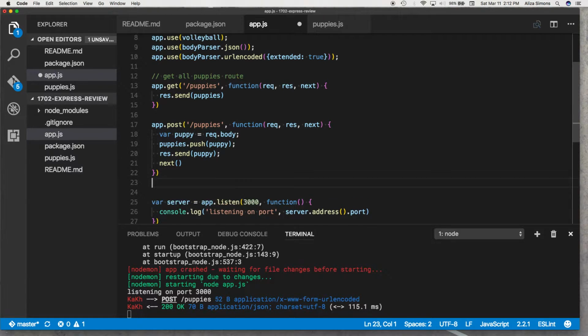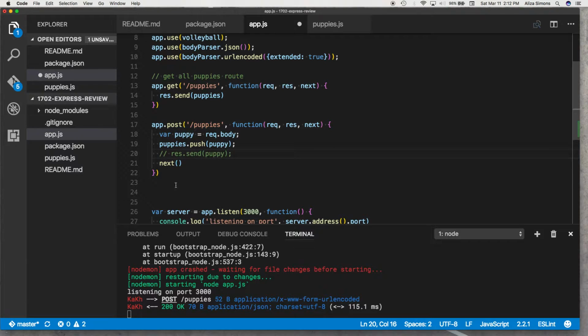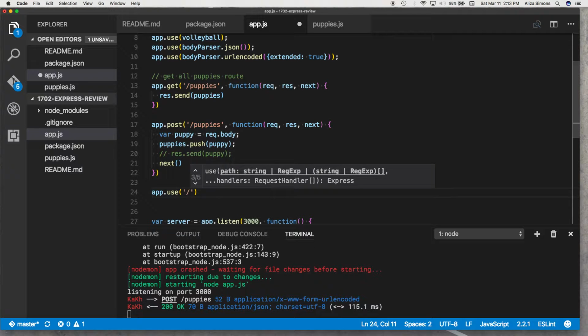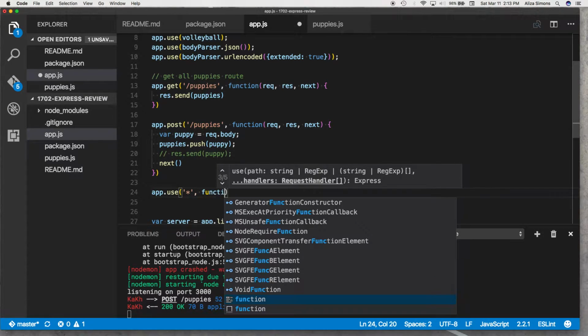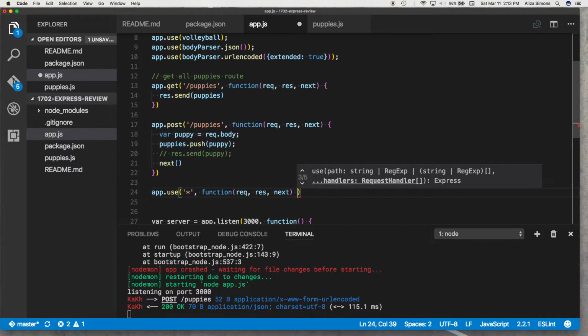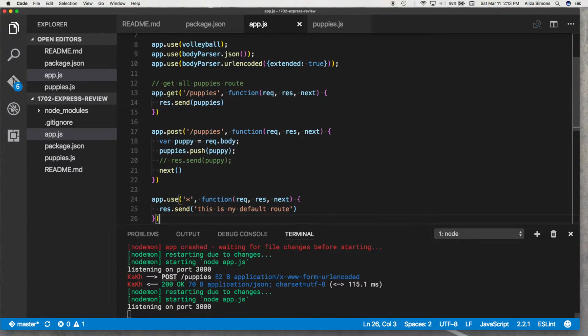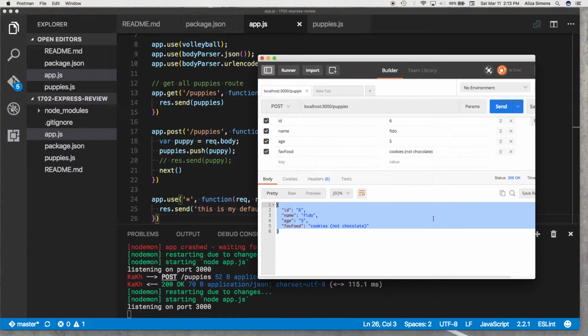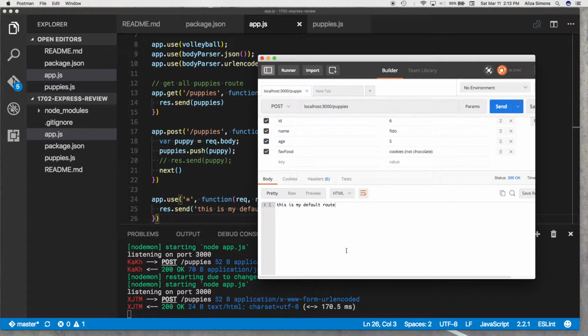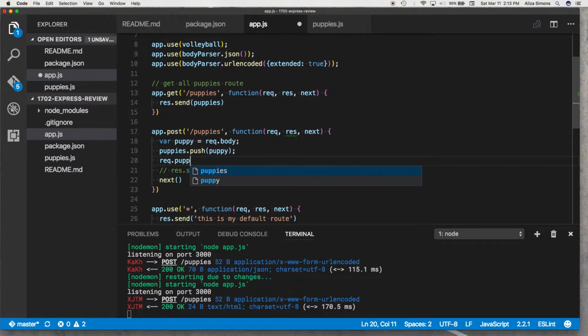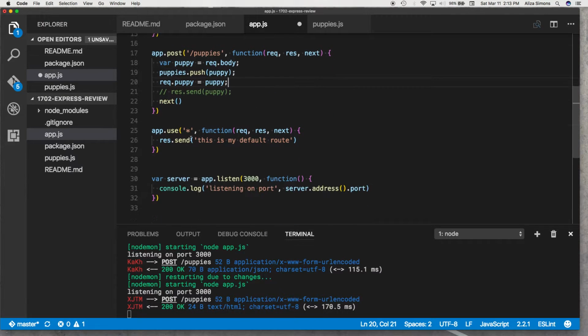So say you wanted to do this, not actually send the puppy there, and you wanted to write a route, app.use, and it just was at everything. Then you could send something at the end, and if we make a Postman request, we're always going to then hit that this is my default route at the end. But if for some reason you wanted to make req.puppy equals puppy, then you could also send,